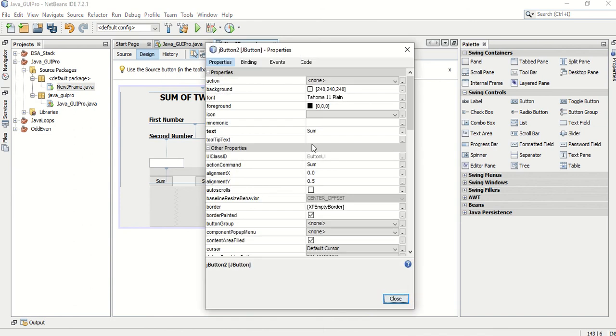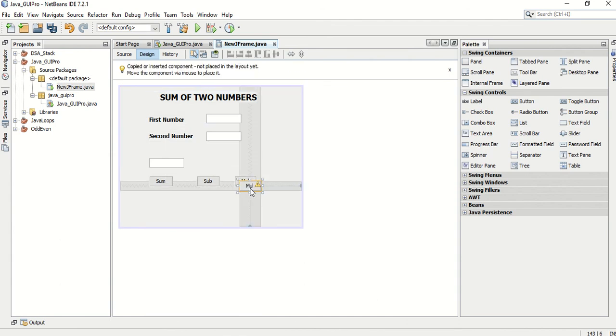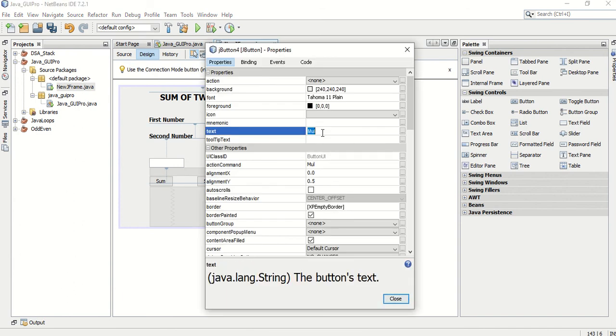Then properties: multiplication, division.